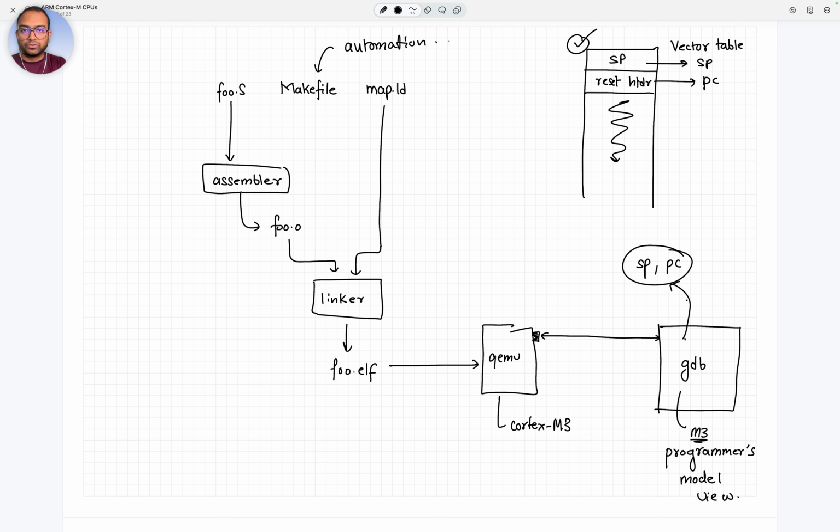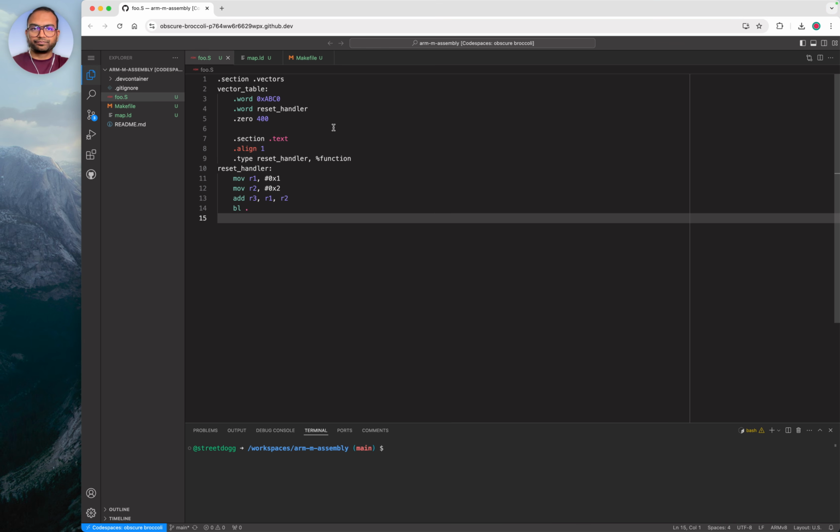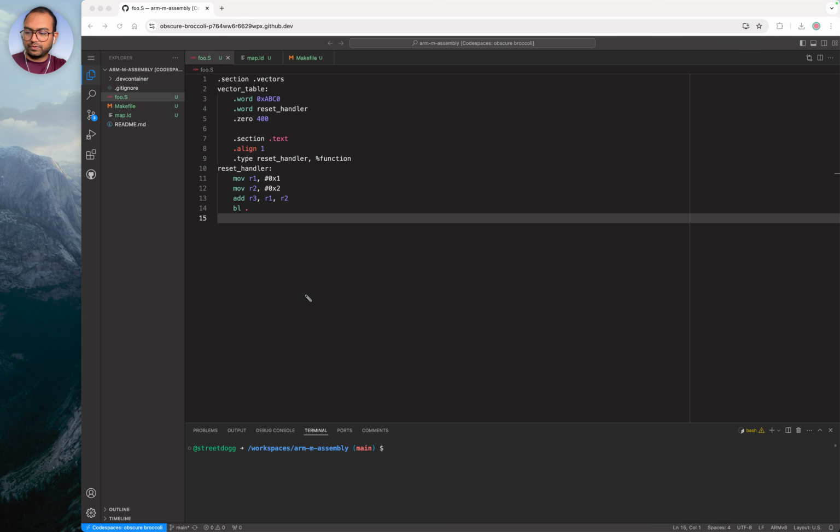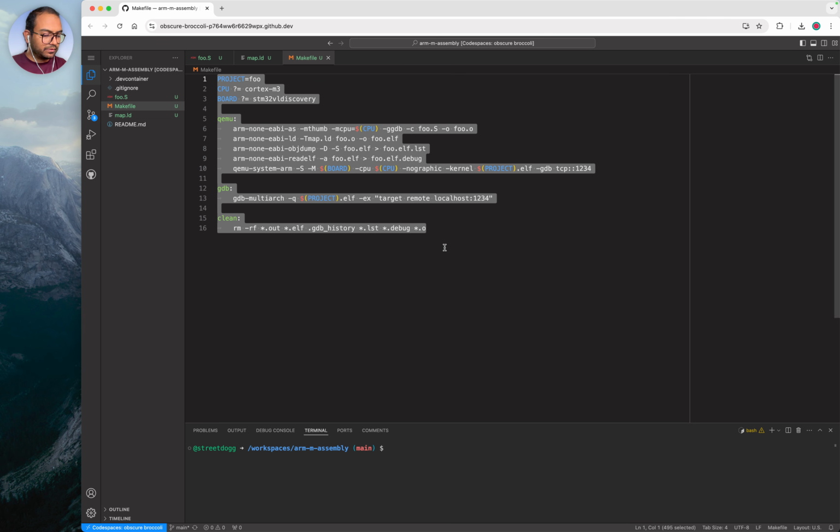So let's go back to our code, or our working environment here, and a few things that I want you to notice. There is foo.s here, it is available here. Then there is a makefile available here, map.ld, and essentially these are the three files that we talked about. Okay, perfect. So before we dive into the assembly, what I want to show is the makefile,